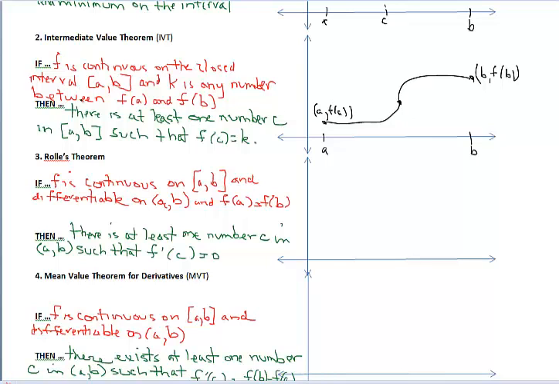Alright, and this theorem tells us that if this is true, which we've drawn a graph that satisfies the if statement, there has to be at least one number c in a to b, that small x to that big X, such that f of c is equal to k. Alright, so for this particular function right here,